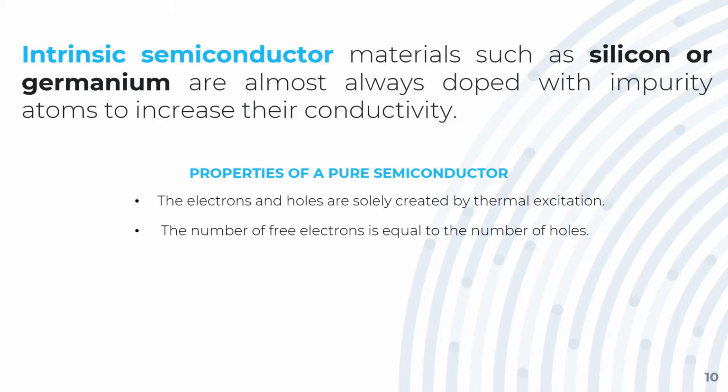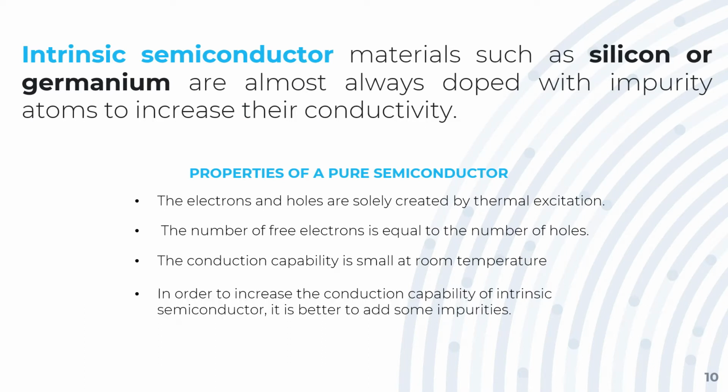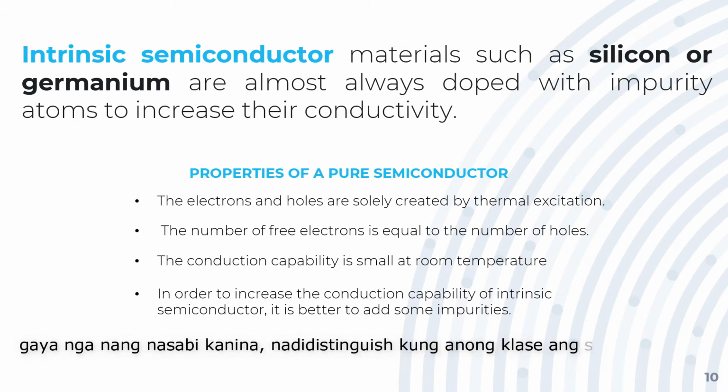Pangalawa, ang number of free electrons ay equal sa number of holes. Pangatlo, the conduction capability nito ay maliit sa room temperature. In order to increase conduction capability ng isang intrinsic semiconductor, it is better na mag-add ng impurities. Gaya nga ng nasabi kanina,